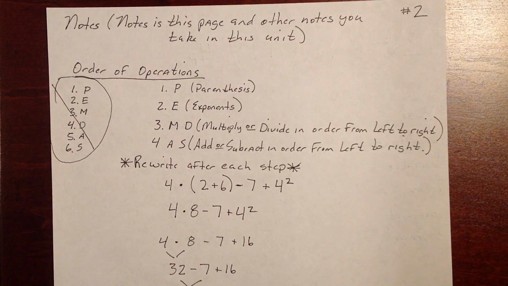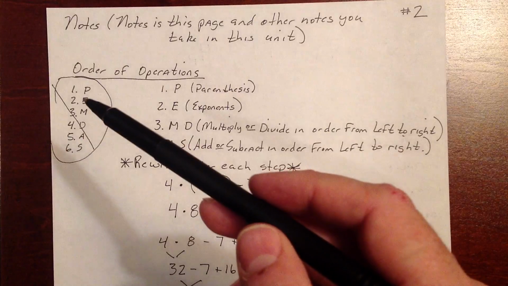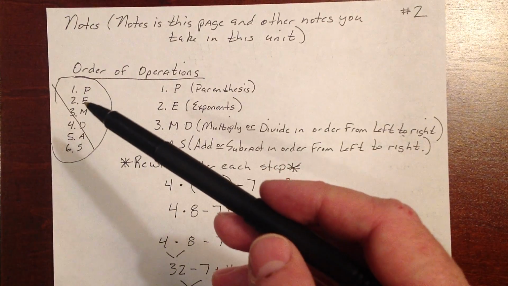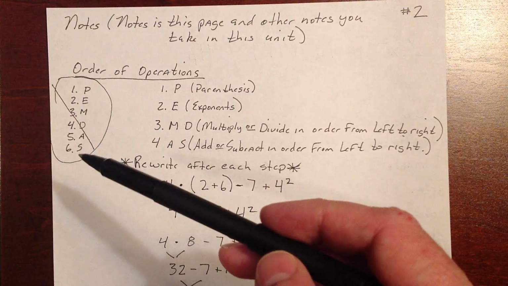Now what we're going to start with is something called order of operations, and order of operations is probably something that you've been familiar with since you were a little kid. But I want to give you a new spin on it here. What you may have been taught was that there were 6 steps: Please excuse my dear Aunt Sally, for parentheses, exponents, multiply, divide, add, and subtract. Well,